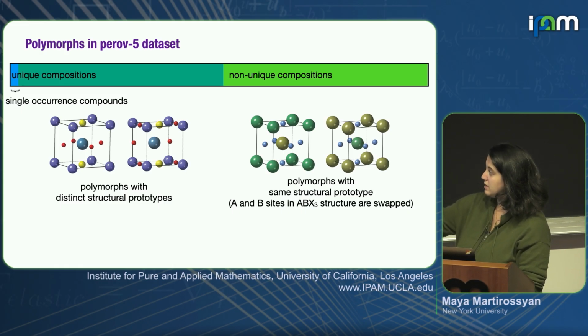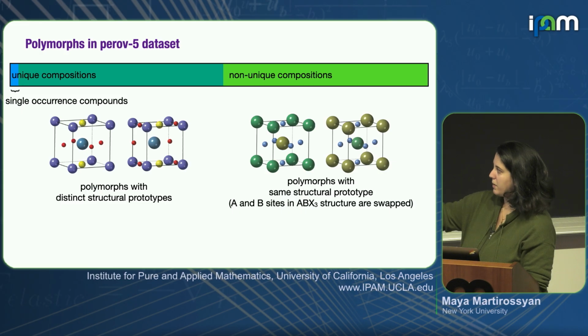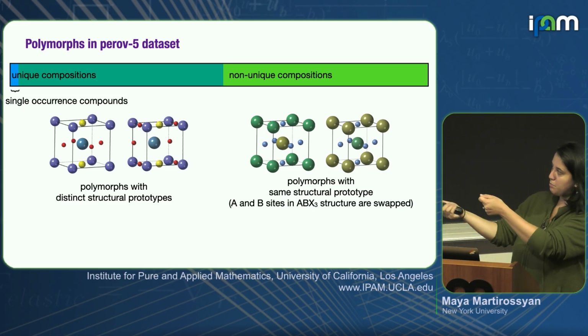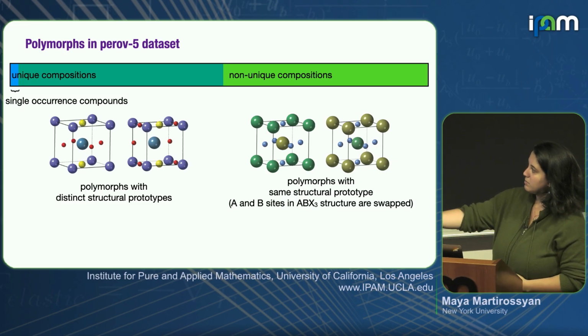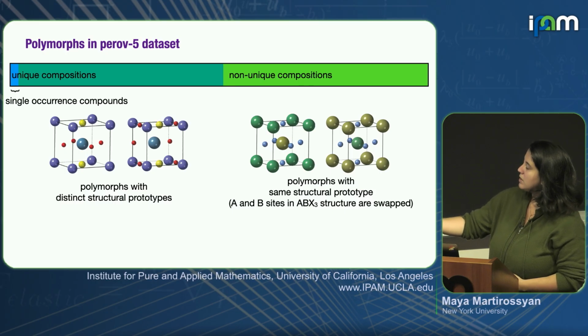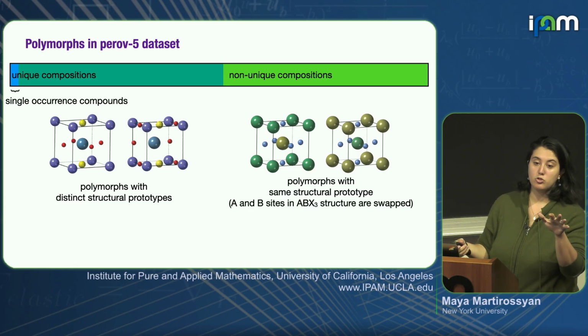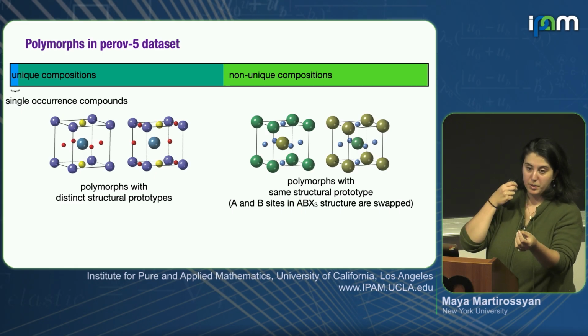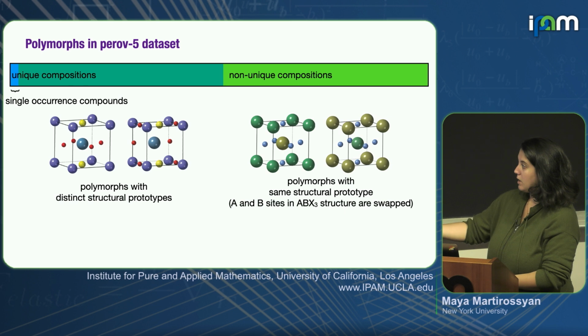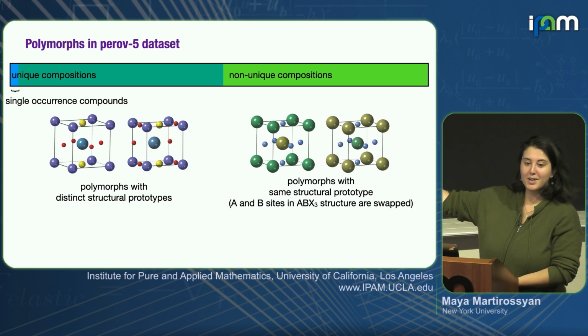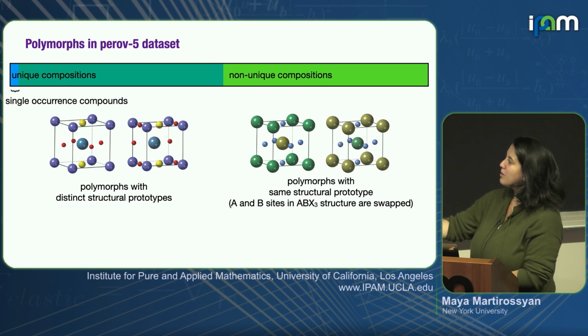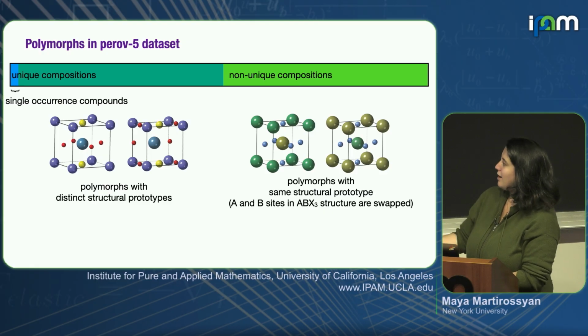But here you can see that I think these red atoms are probably oxygens. They're pushed to the side. They're not really symmetric about the central atom in this unit cell. You also have polymorphs that have the same structural prototypes, but with site swapping between atoms. So this is a huge problem, right? We're basically feeding the model...